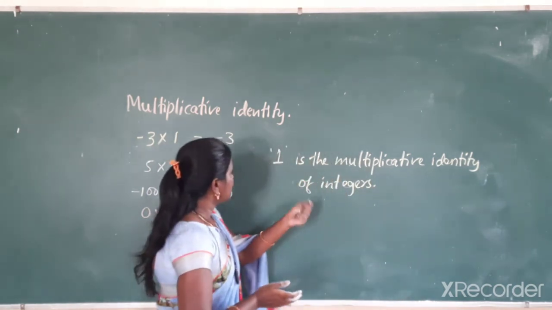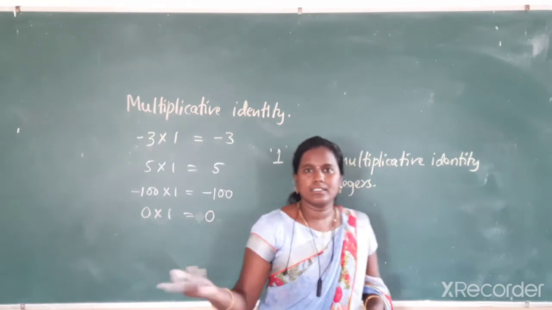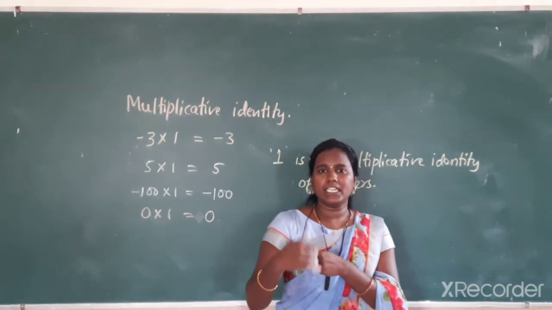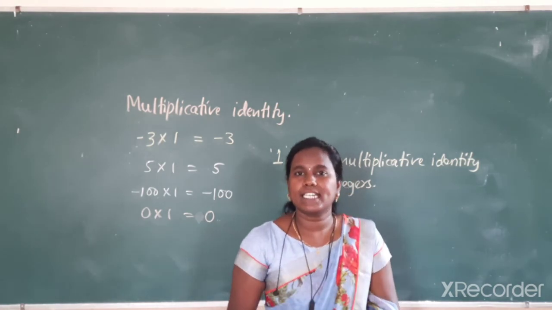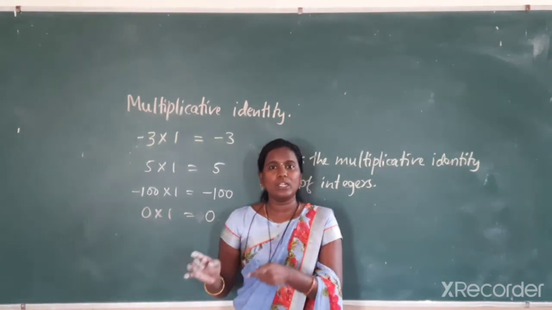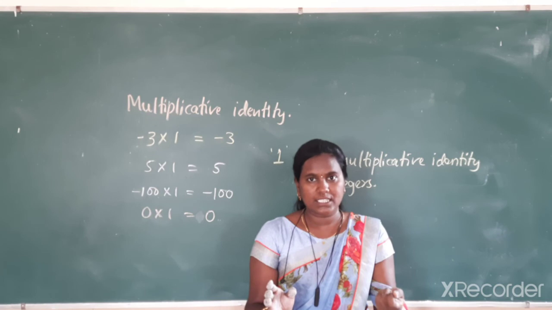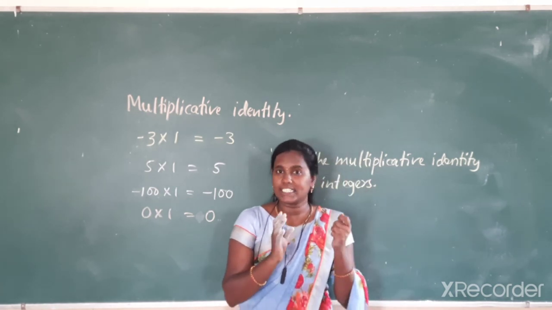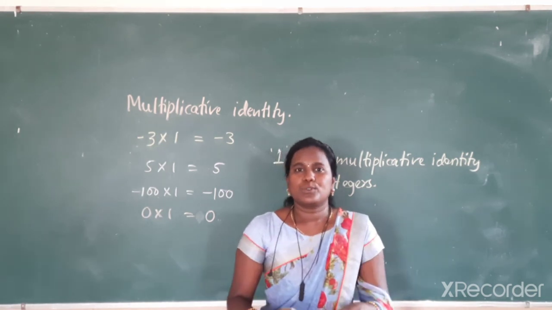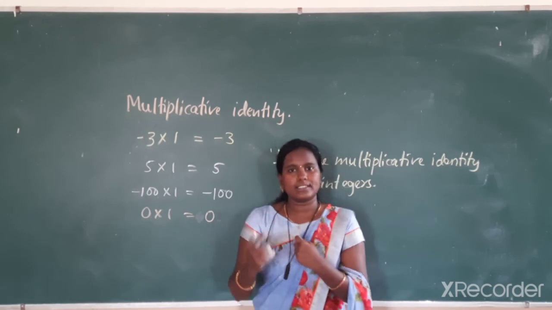So this is the end of this multiplication, and next we will move to some other subtopics. After this multiplicative identity, there is an exercise. Go through that exercise and solve all the problems. If you have any doubt, you can come to school at any time, morning 10 to 1:30 at noon. You can come to school and ask us. Then solve the exercises.